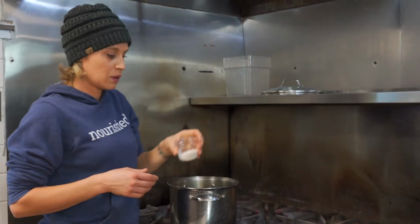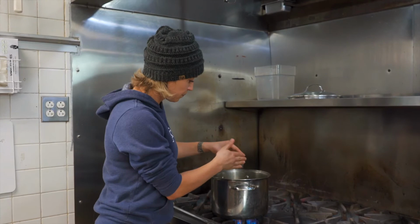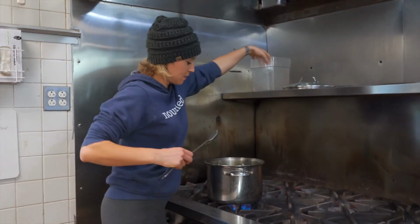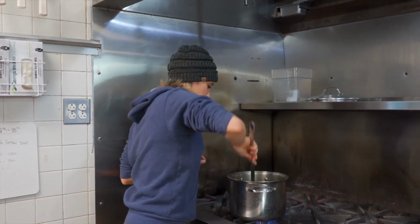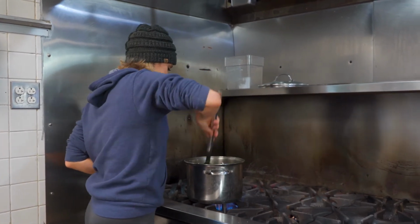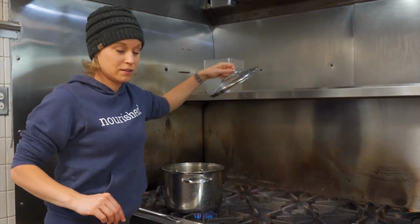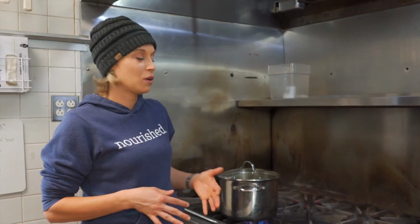From there, we're gonna add in our sea salt, garlic powder, onion powder. Bring that back to a boil. I'm just gonna put our lid back on to help it come up to a boil a little bit quicker. And now that that is on and getting it hot and boiling, we'll check it out in a few minutes, turn the heat down, reduce it to a simmer. But while this is getting brought up to a boil, our timer went off and we're gonna take out our